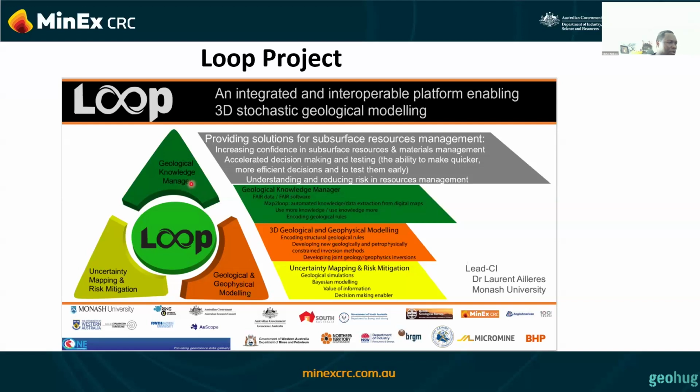This is where one of the algorithms sits, called Map2Loop, which I will discuss later. Then over the reddish side, we have the geological and geophysical modeling. This is where you actually build all the engine for 3D modeling, both structural and geophysical. And then on the left-hand side, you have the uncertainty mapping and risk mitigation. On the uncertainty here, we all know that all the models are wrong, but how do we build more models to mitigate the risk in our exploration? So building more models and estimating the uncertainty will help alleviate this risk for our assessment.